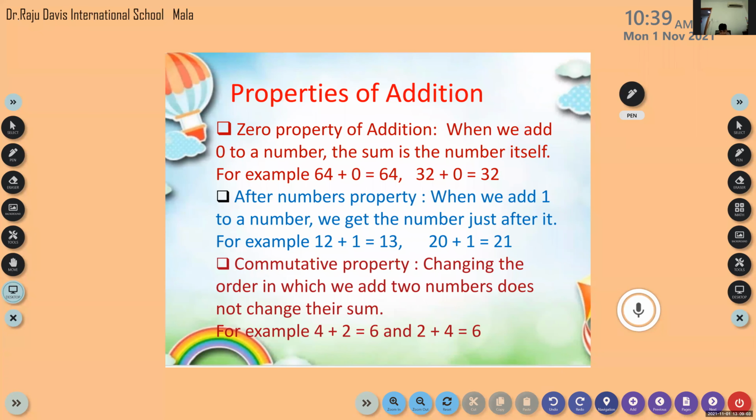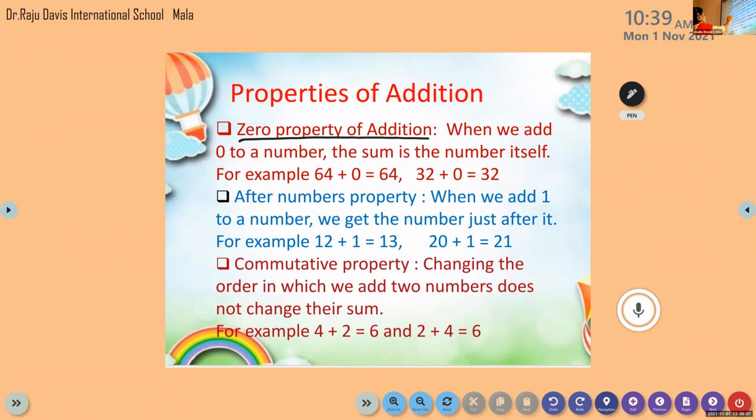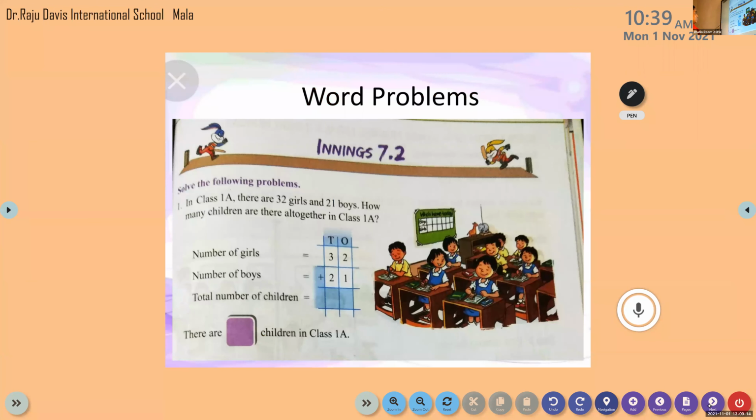Okay, this one we studied in the last class: properties of addition, zero property of addition, associative property, and commutative property. That we already finished. And this one is the word problem we discussed in the last class, isn't it? In a class, some girls and boys are there, and we studied how to write the steps for the word problem. Just a revision of the last class portion, that is how to write the steps. All of you, please listen. We will discuss it once more.